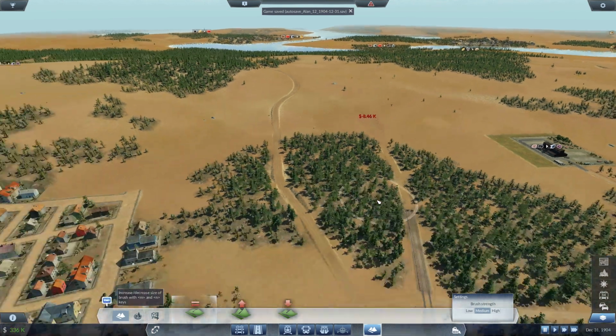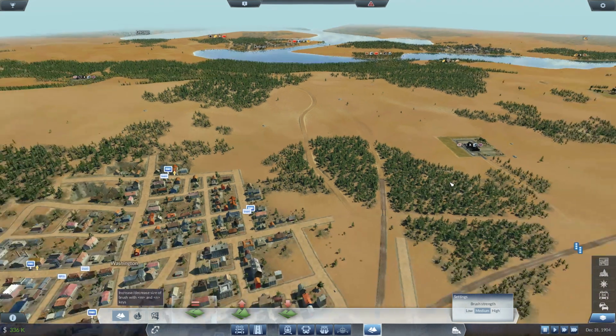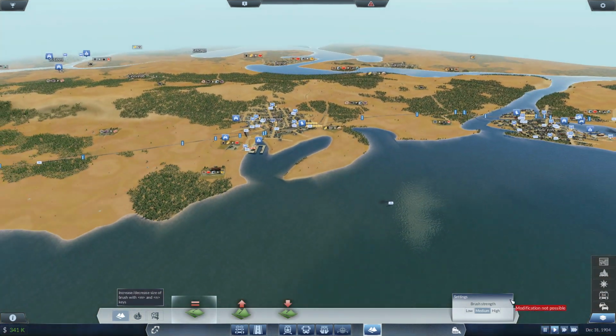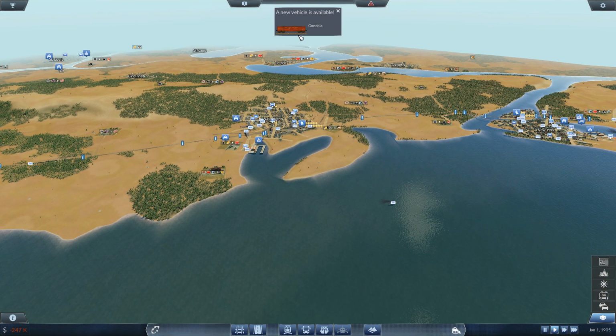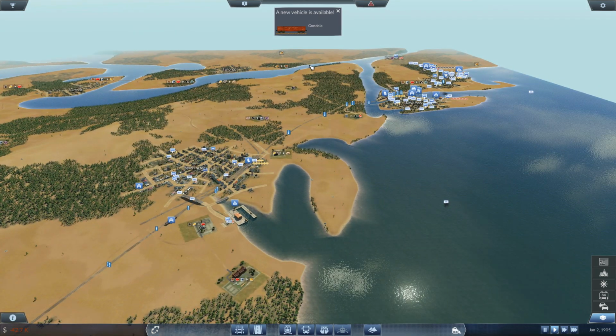There we go. There we go. There we go. Just tasting some of the tea. Right, let's continue. New vehicle, gondola. Sorry for this a little bit unfortunate part, guys. I mean, I